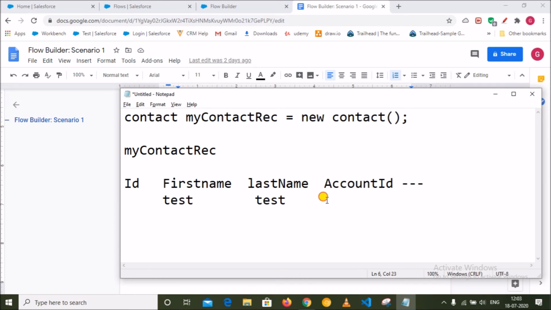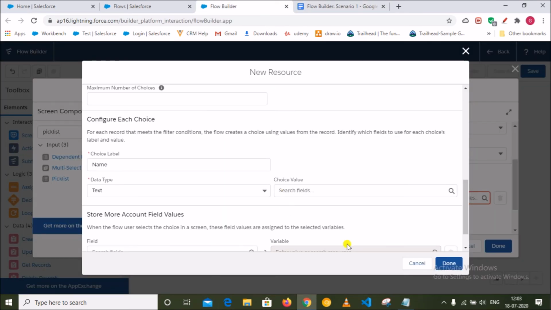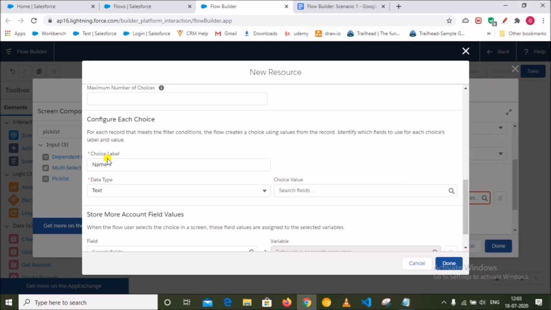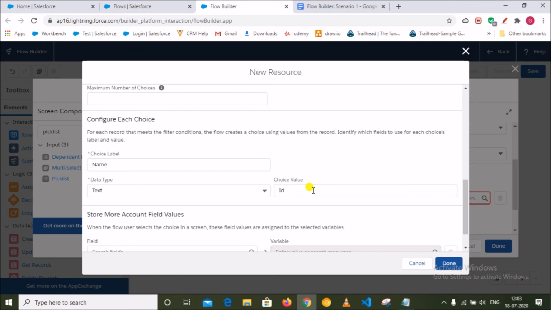So I will get the account ID only. In my choice value I want to get the account ID. So in the account object I will select ID. This ID is basically the account ID. That means the label is name and the value is ID.